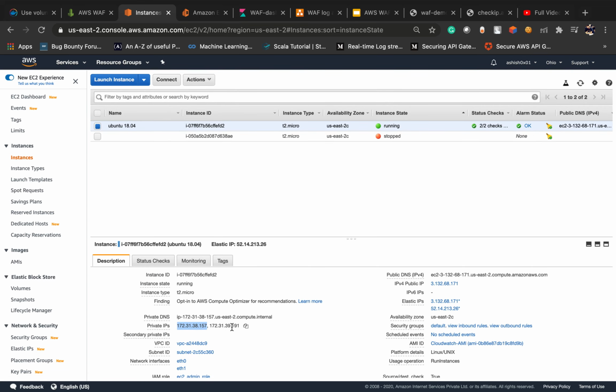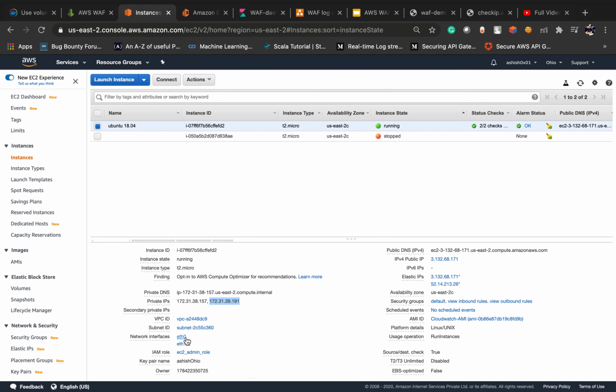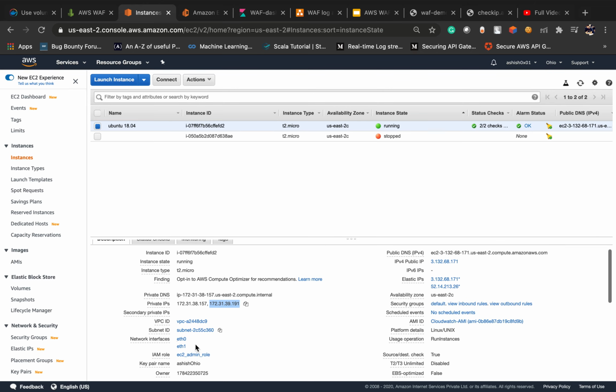It has two IPs. Why? Because here I attached two ENIs, eth0 and eth1. Based on these network interfaces, if any request comes or goes through my ENI, it will log all the logs into log groups.